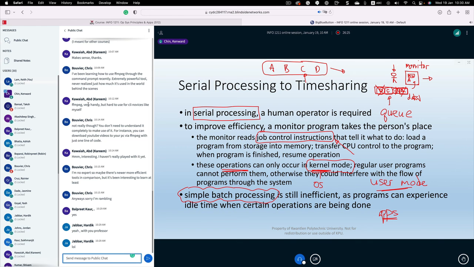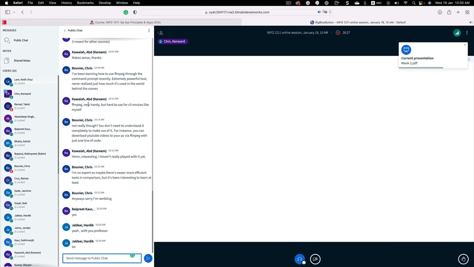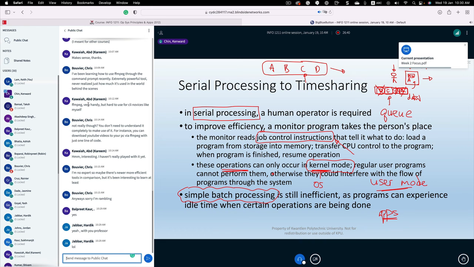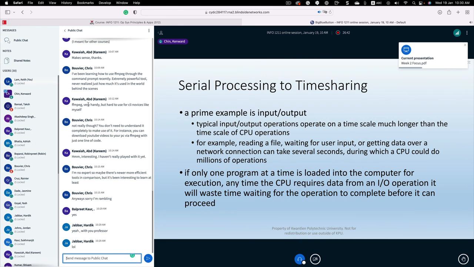I don't know if I've actually got this in my notes. Let me just see if I can find that. Yeah, I'll come back to this in just a second here. So with simple batch processing,